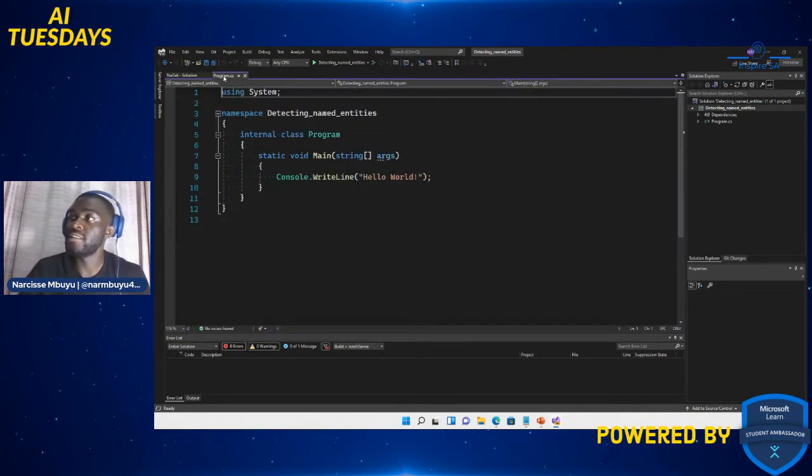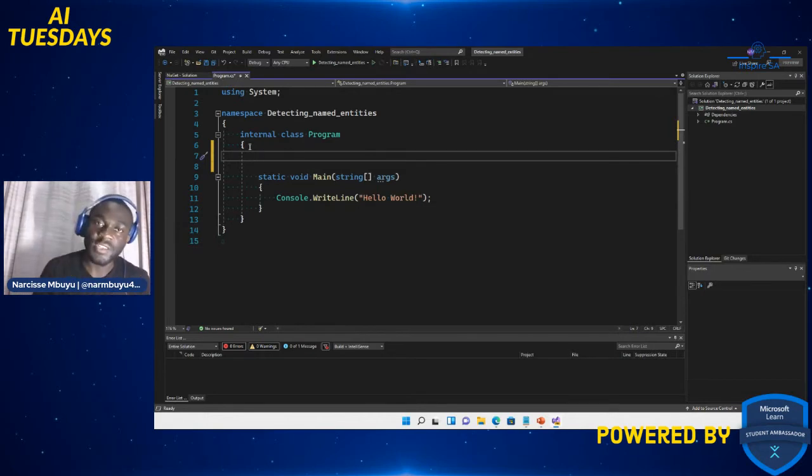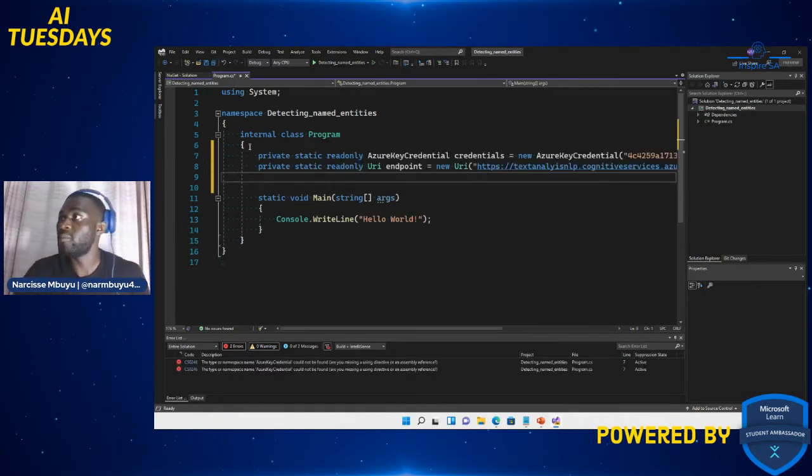So this is like an API, an application programming interface that allows us to use the text analytics services on Azure basically. So that's what it does. As I said, the first step is to create a connection to Azure, right? And we're gonna do it outside the main method because we're doing everything in a method, and then we're just gonna call it when we want to output it.